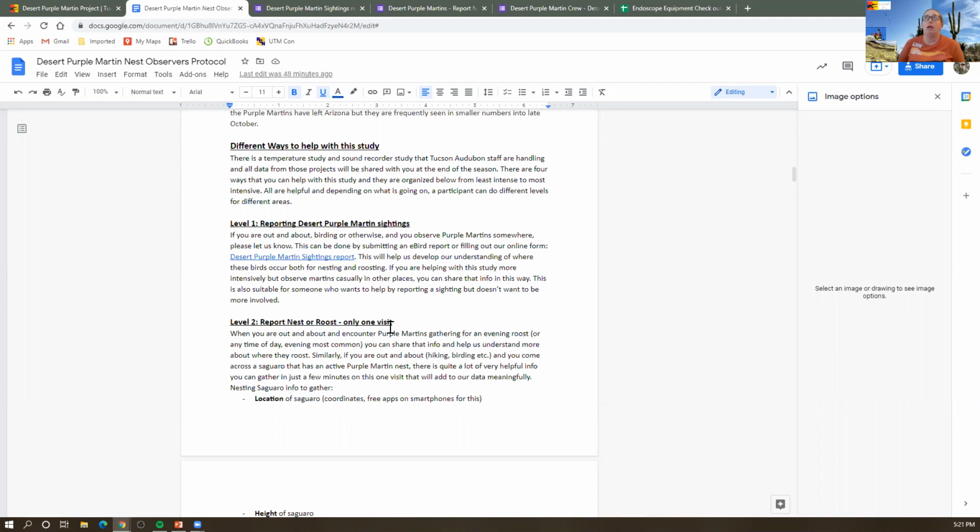We need more data on the heights of nesting holes and the direction, like the compass orientation that they face, because this is going to really help us get more data to do statistics to try to figure out what the average is. Do they look for a specific height or direction, or do they not? Is it totally random? Our data is inconclusive at this point. So if you do run across these situations with nesting martins or roosting martins, reporting this can be incredibly